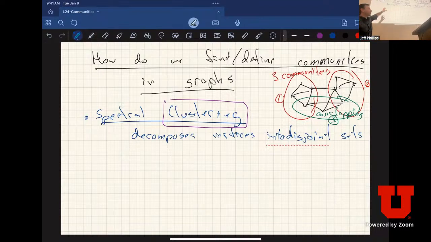But spectral clustering gave us a first mechanism to decompose the graph into pieces that were tightly connected. Again, if things have more edges with each other, they're more similar. So we're going to retain things which are tightly connected with edges. The edges tell us that these vertices should be grouped together in some way. This is one way of thinking about it, but it's more restrictive than if we wanted to just find